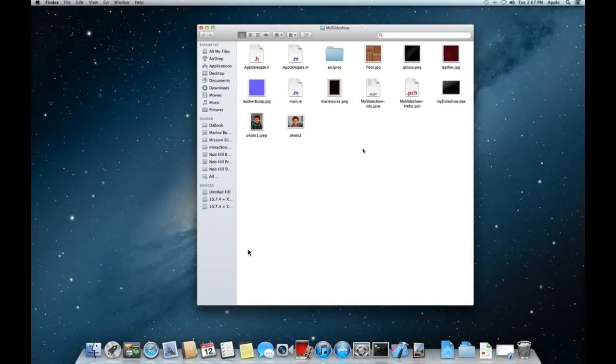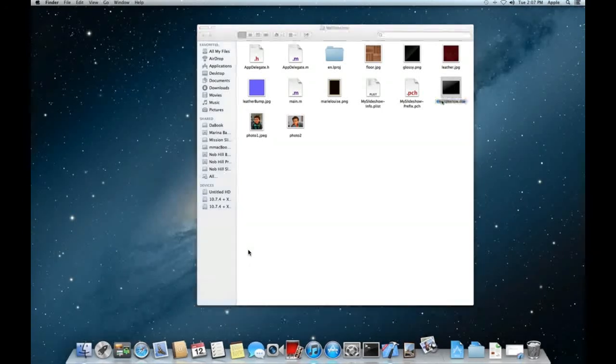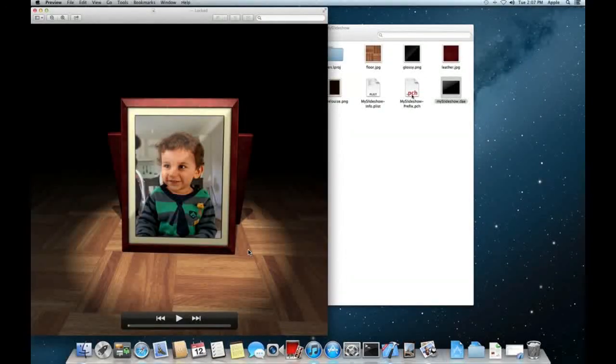So I asked my artist to build a nice animation in his 3D tool, and he sent me a DAE document. So here there is my slideshow.DAE, and since Snow Leopard, you can preview DAE files using Quick Look or Preview. So if I double click on the DAE file, I can open it in Preview,